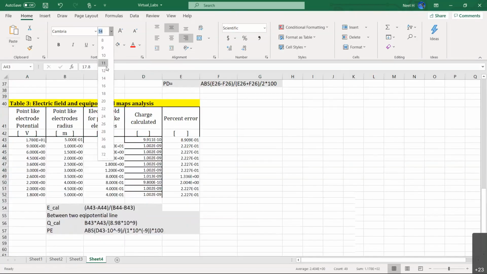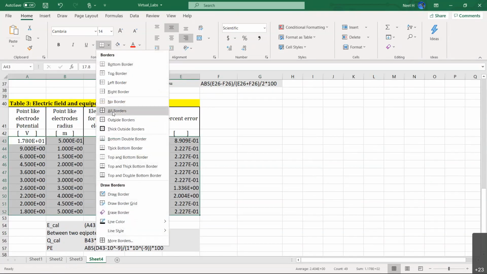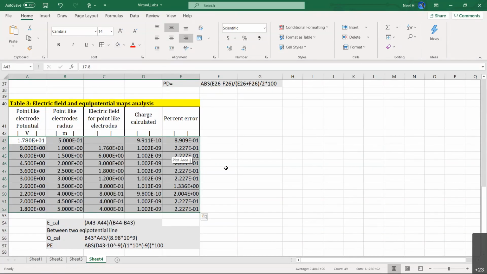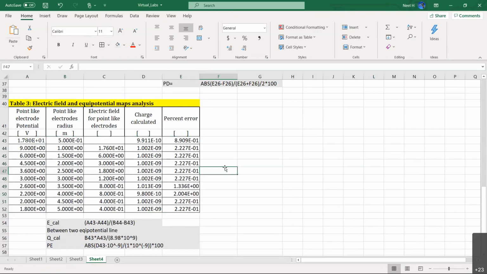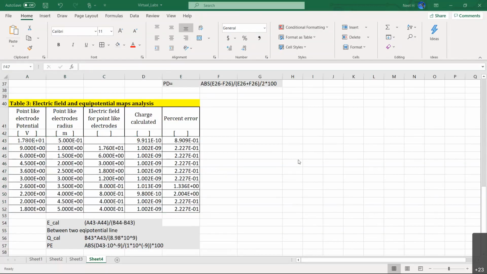So that's why I'm always telling you to start using some sort of analysis tool. It doesn't matter whether you're using Excel or something different, but using some sort of software data analysis tool will be very useful. Okay, good. Any questions so far? And now you can see I'm getting the charge calculated very close to nanocoulomb, right? You can see my error is very, very small. 0.02, 0.01, something like that. It should be very small, okay?